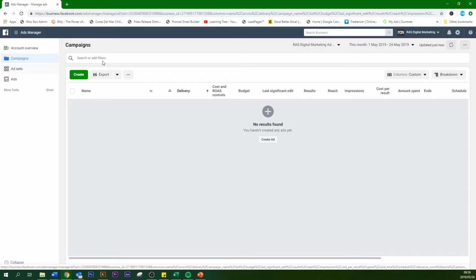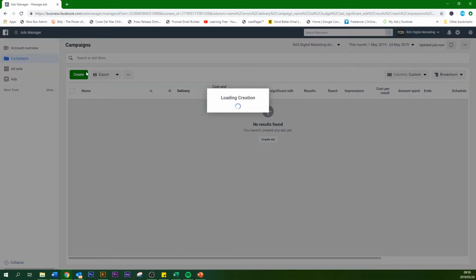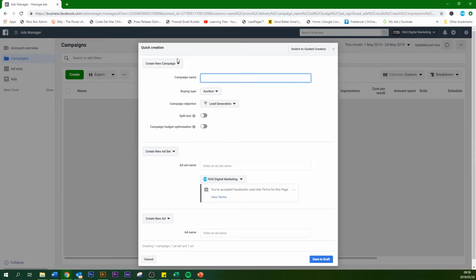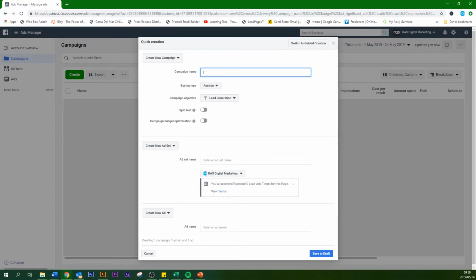So for today, let's go ahead and create our first ad. Now you've got a couple of options to actually do this from. You can either click in the middle or you can click at the top left hand side on the green button here as well. So there's two different places you can actually click from. So let's just click on that one over there. Cool. So let's call our campaign something. This is going to be the free